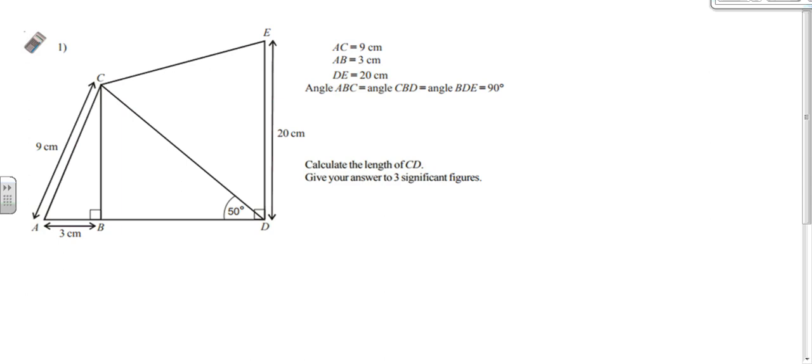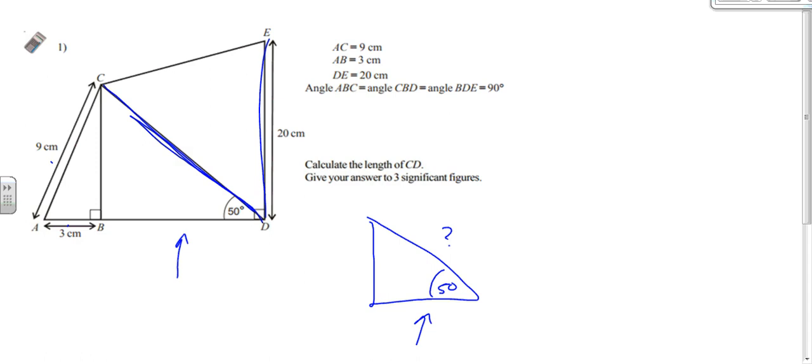So we've got to look at length CD. Now we've got an angle. If we have a look at that triangle BCD, we've got 50 degrees. We're looking for this, but we've got no other information. This 20 doesn't relate to the triangle. We've got 3 and 9 over here, but that doesn't relate to the triangle. So we've either got to work out what this length is, which is this one on this diagram, or this length to help us. Now, if we have a look here at triangle ABC,